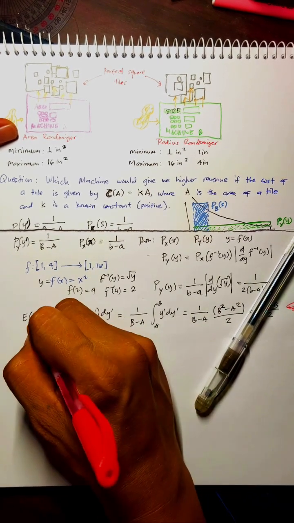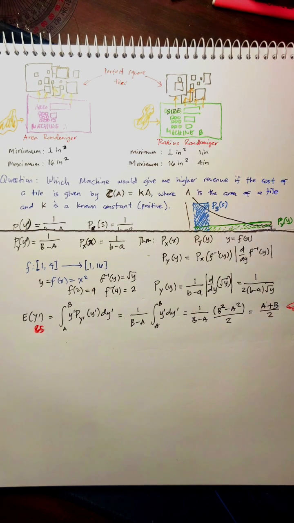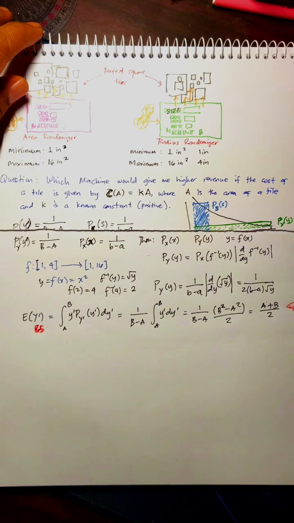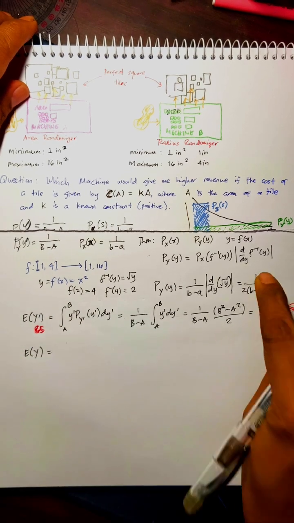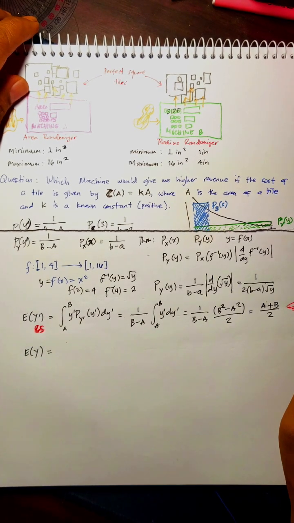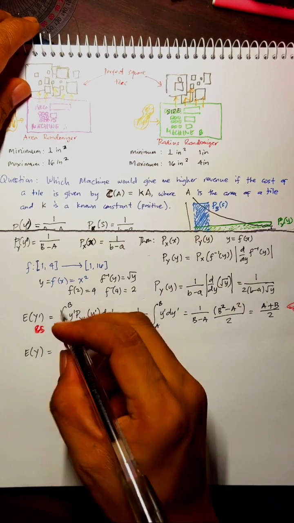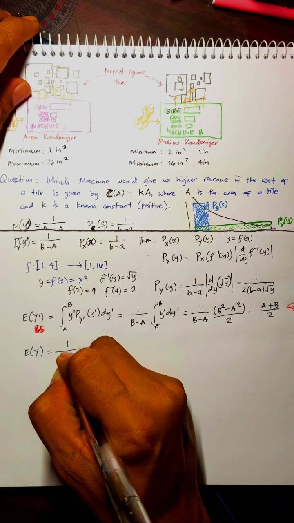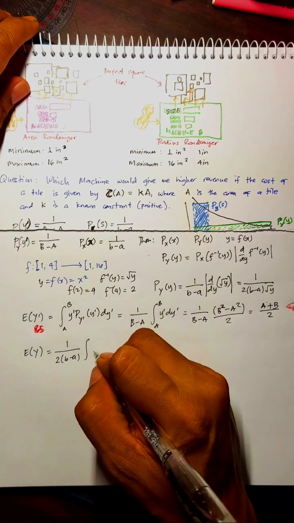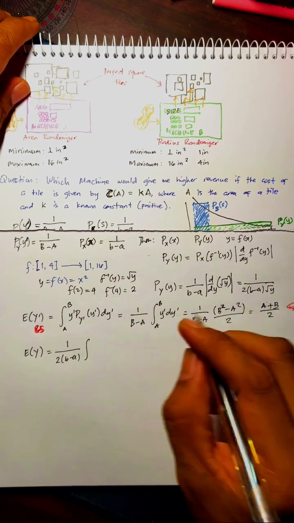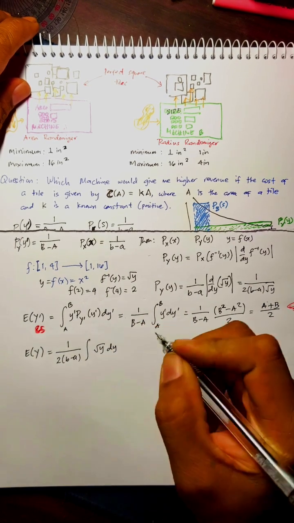We will not be interested in the actual value. We want to answer this question for all possible values of A and B. That's what we're seeking. Now, how about the expectation value of Y? This one here. Okay, that would just be again, this is a constant, so 1 over 2 times (B minus A) times the integral of Y over square root of y, that would be square root of y dy.